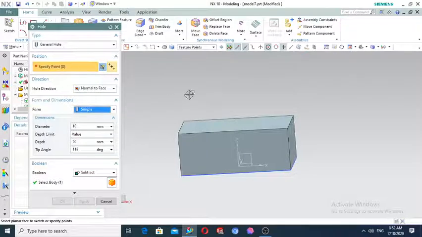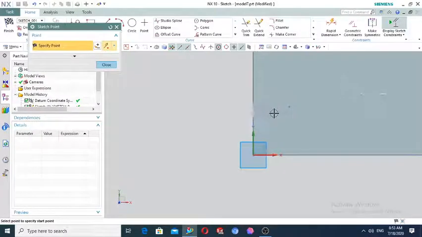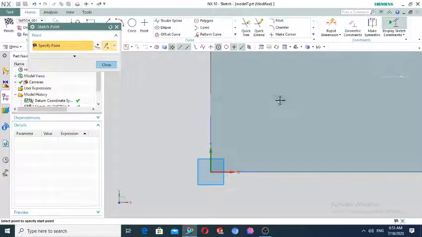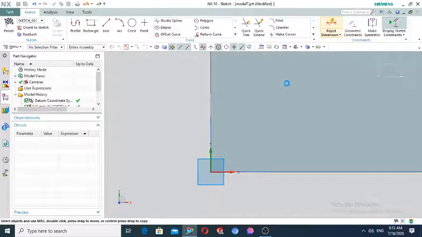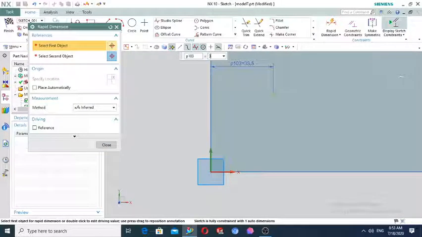So in the simple hole, firstly, in order to obtain the hole, we have to specify the point of the hole. We have to define the face where we want to make the hole. For example, this face. Press this face, and you see a dot is created, and we can specify the position of this point by the rapid dimension. For example, we can define the position of this point from this and this side. For example, 30 millimeters from this side,